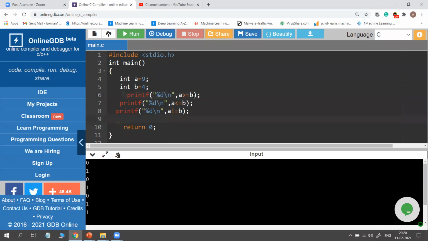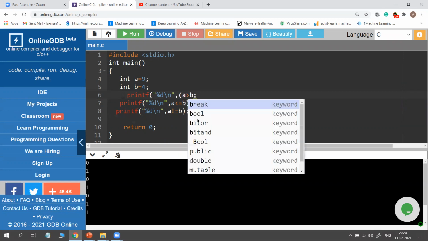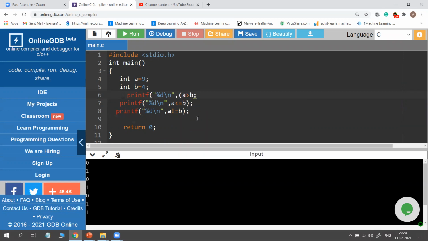See, here A greater than B. I am directly printing values here. A greater than B, for example, and one more condition I am writing.